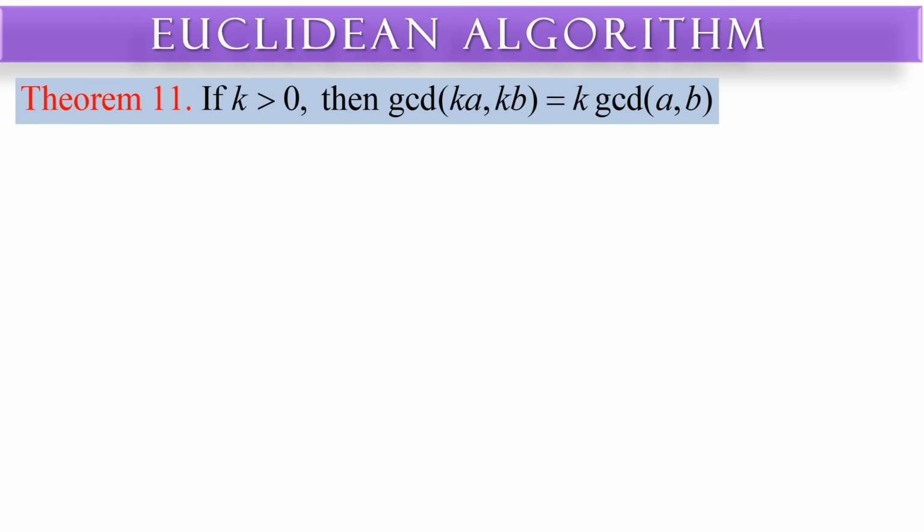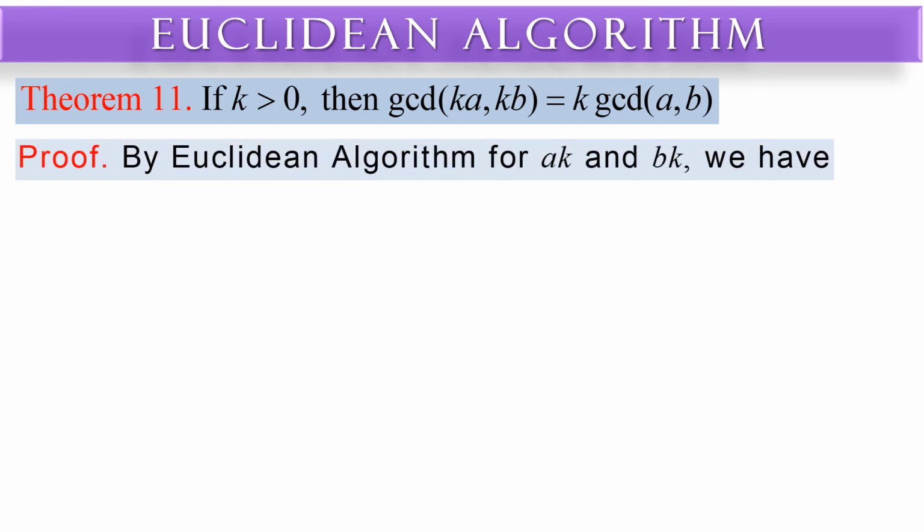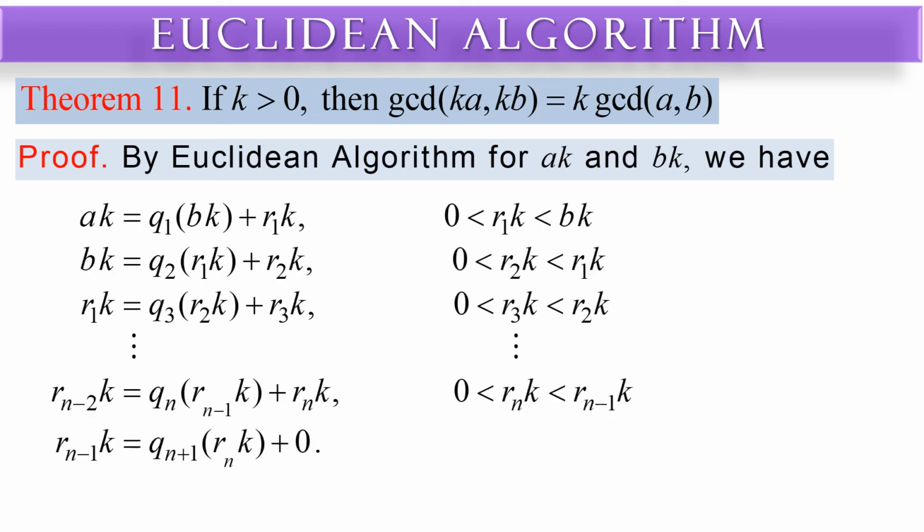If k is greater than 0, the GCD of k times a and k times b is equal to k times the GCD of a and b. Proof: by the Euclidean algorithm for a times k and b times k, we have